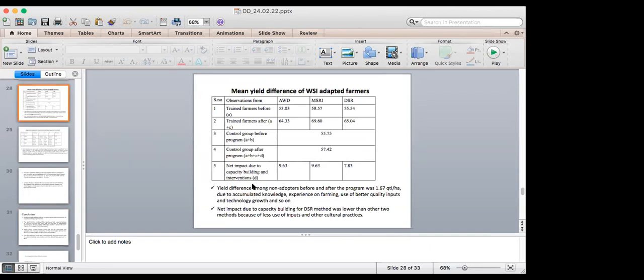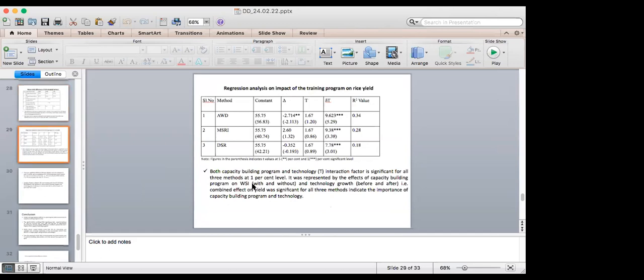That is nothing but the yield difference between these two groups, adopters and non-adopters. Okay, and control group farmers before the program, control group farmers after the program. The same you may see for three different sets of adopters, three different technology adopters. You may see here the net impact on yield, and which one is significant, that you may get from the regression